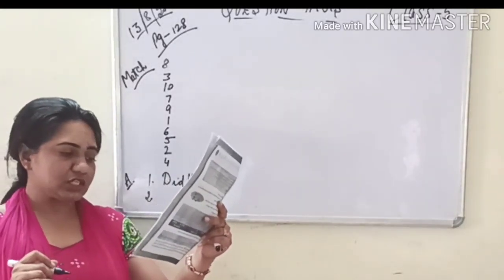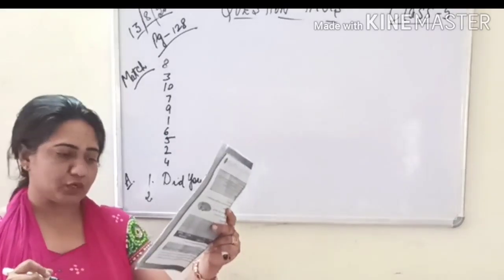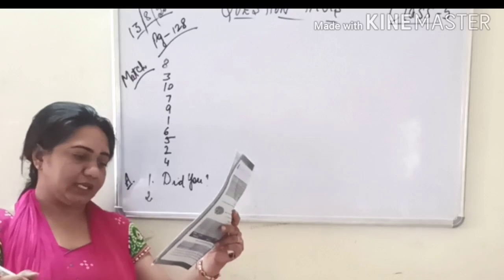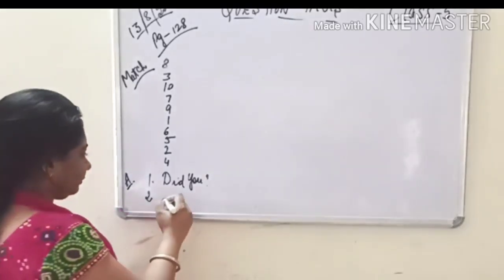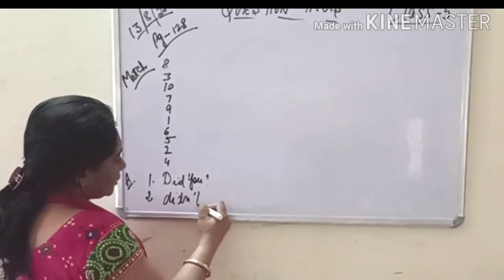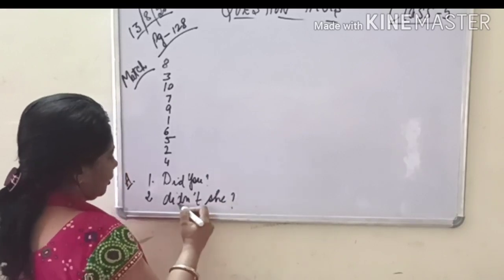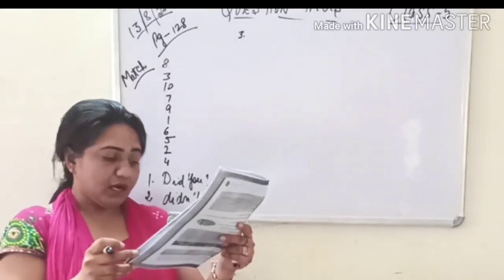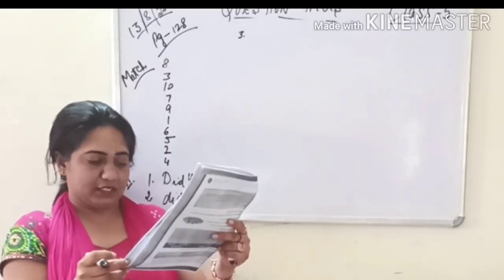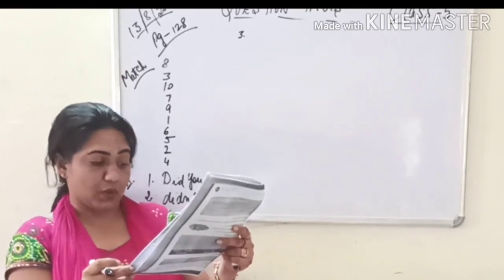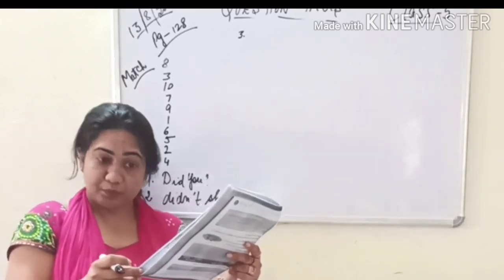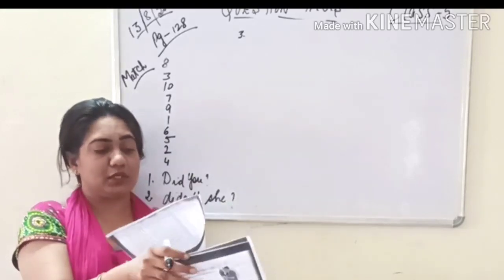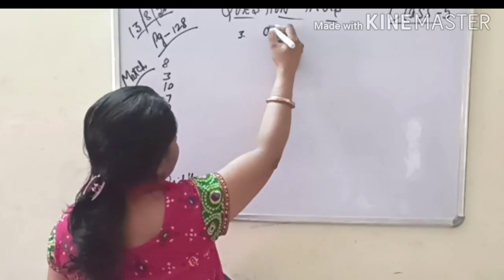Number 2. She wrote to the editor to complain about noise pollution. She wrote to the editor. Positive sentence, so make it negative. Didn't she? So it always goes the opposite. This you have to take care of. Rest all is very easy. We heard a noise in the middle of the night. Positive one, so let's make it negative. Didn't we? This way you will complete it.